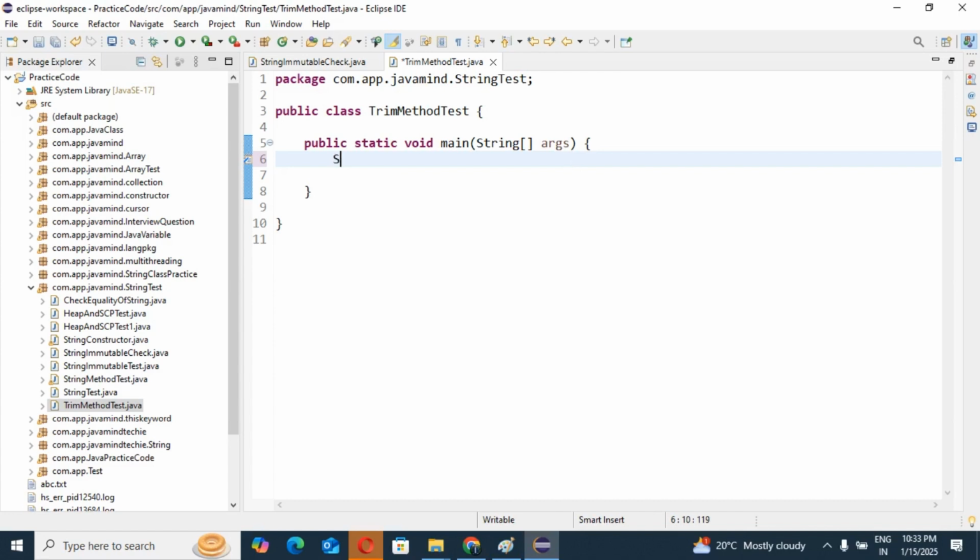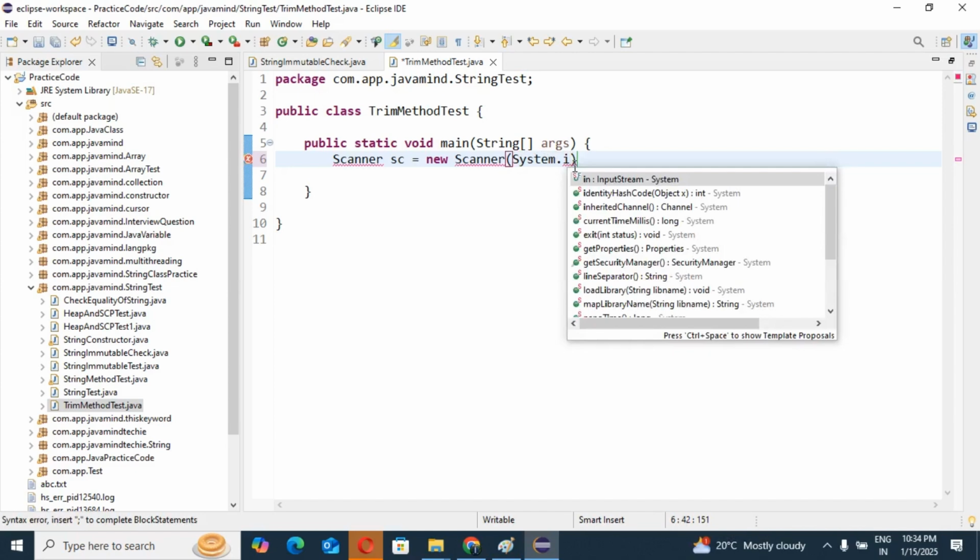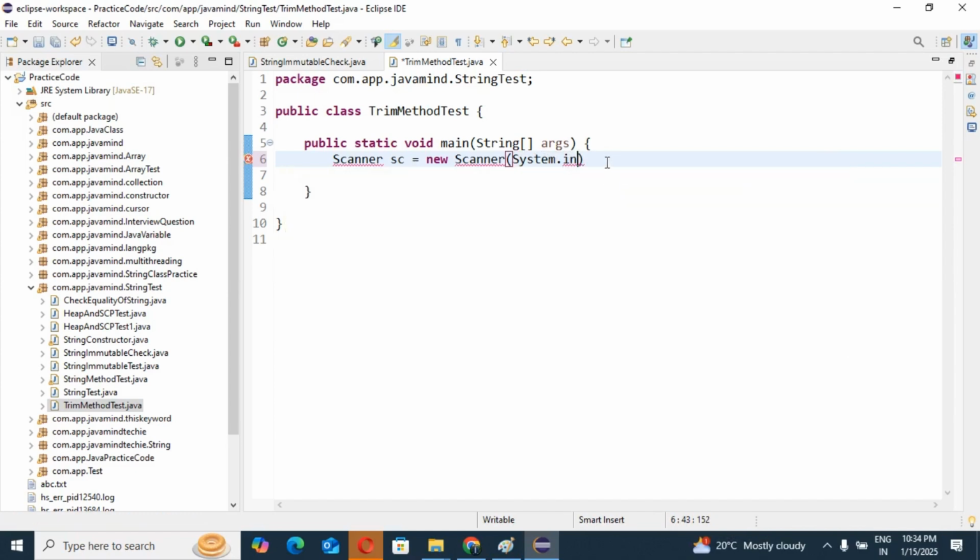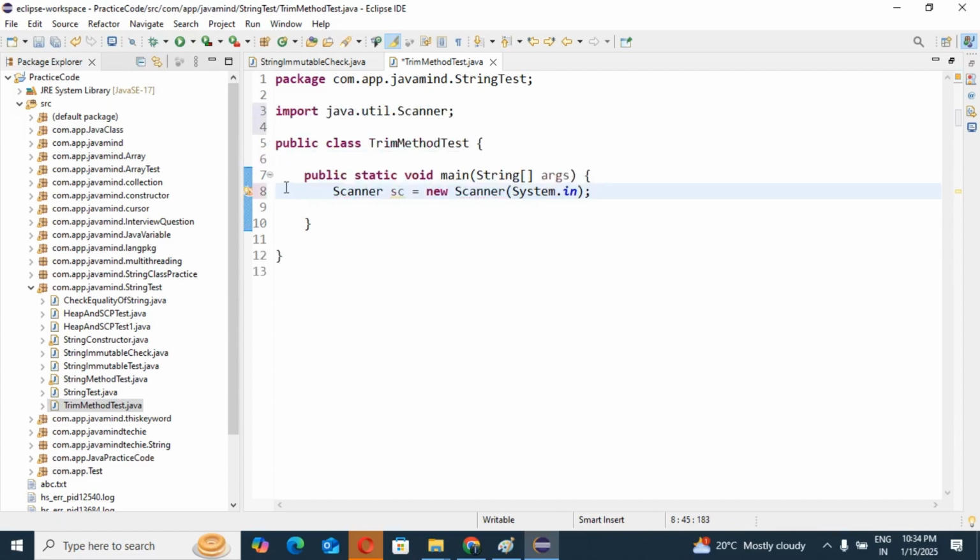So Scanner sc = new Scanner, and we need to pass our input stream, so System.in. And we need to import this Scanner class, because the Scanner class is available in the util package. You know this very well, no need to explain.